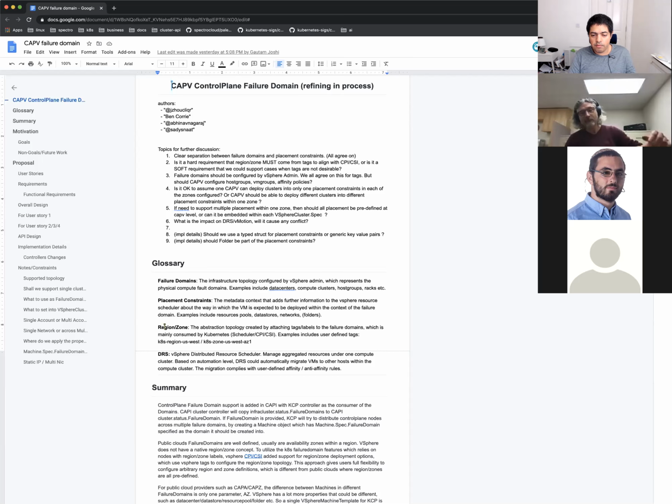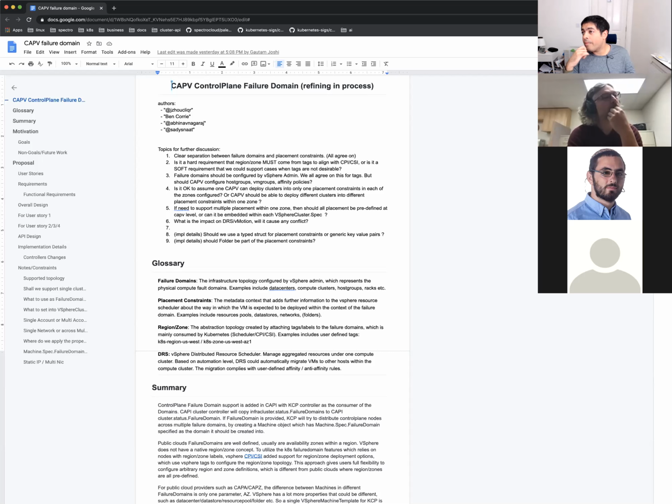Yeah. Okay. So if we can tag hosts, let's say we accept the annoyance of having to manually tag hosts in a host group and provide that tagging mechanism. If we were to do that, and let's say that we have rack 1, and we tag a bunch of hosts with rack 1, would we still need to create the host group for CapV to be able to create the DRS rules, or would we still need a host group in order for DRS to understand that? I believe so. We still need to create the host group for DRS to understand. That's really ugly.